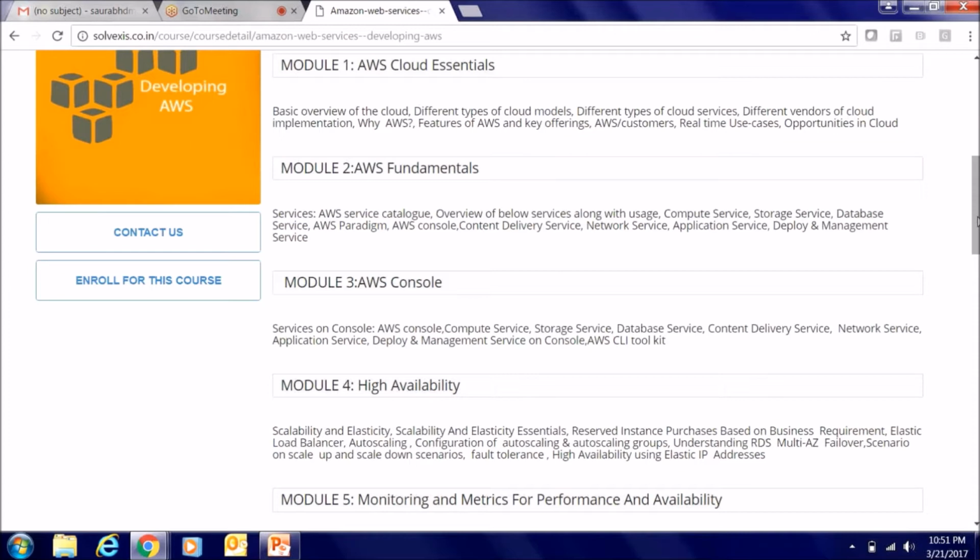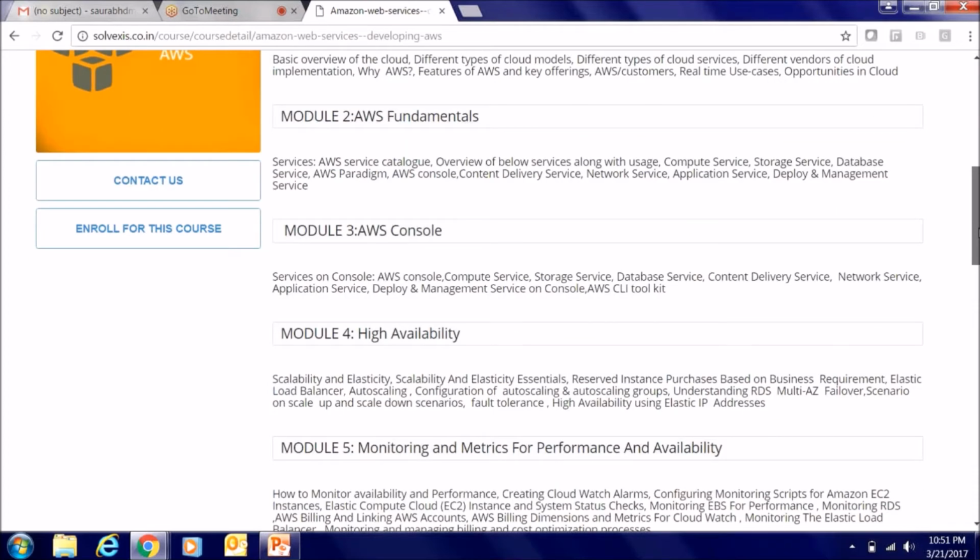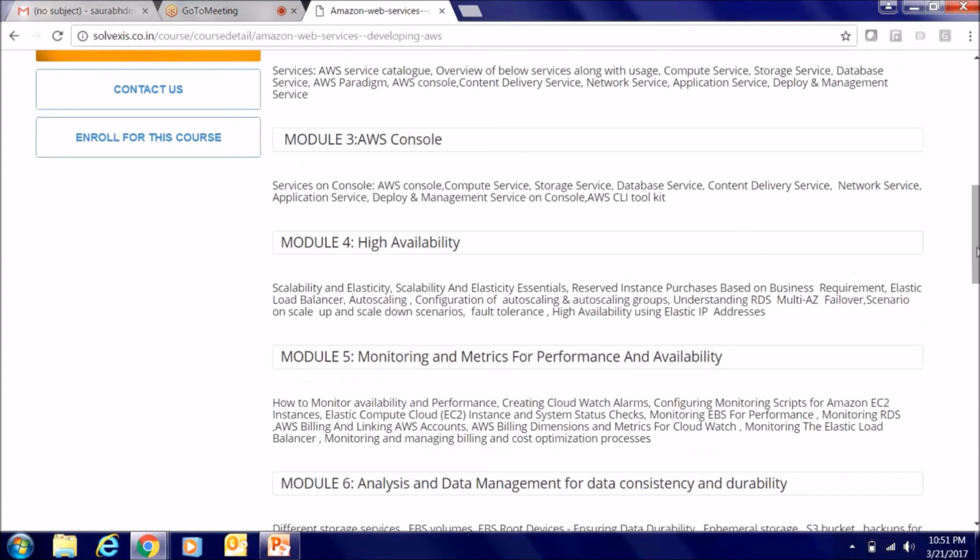We'll see that. In module 4, we will see how AWS maintains high availability. What happens when your server goes down, how it is managed, what happens when your CPU usage goes up. All those features are available in high availability.